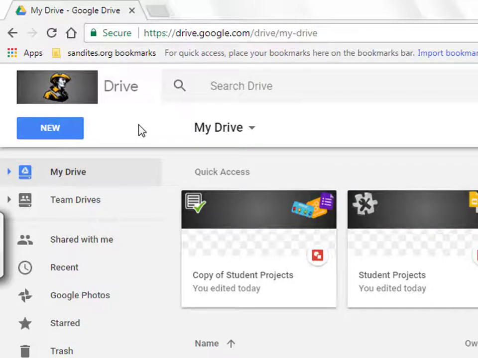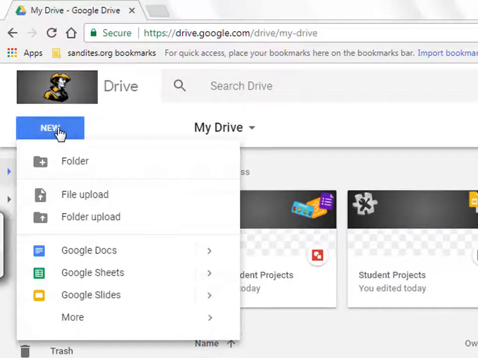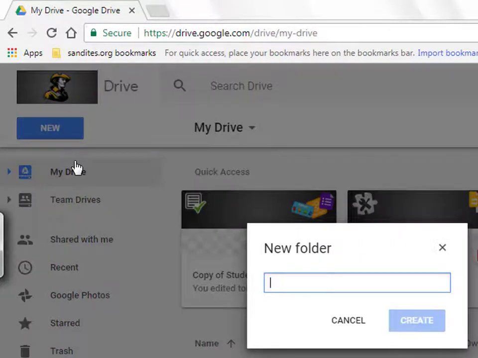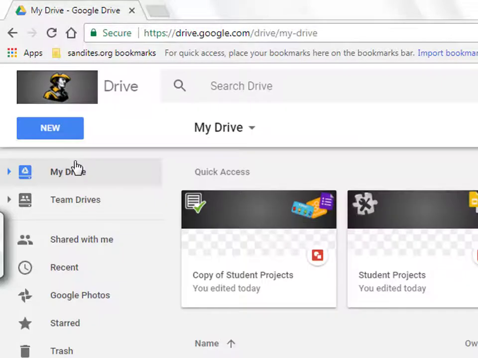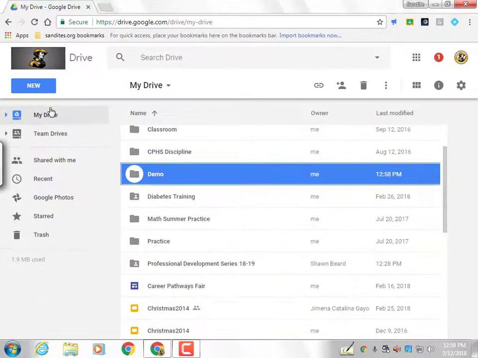To get started, click on the New button and you'll notice that you can either create folders to create a directory of files in your Google Drive, or you can create different types of document formats, which we'll talk about in just a minute. But first of all, let's create a folder inside our system, and for now I'm just going to call this Demo. Once my demo folder is created, it highlights it, and if I double click on that, I can open my folder,